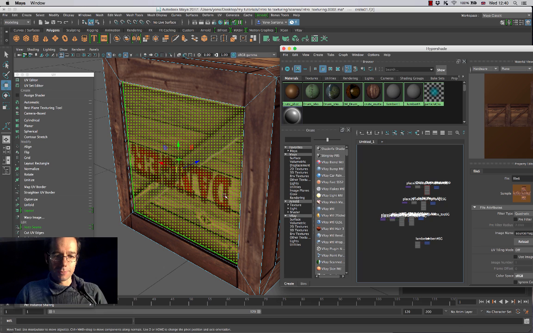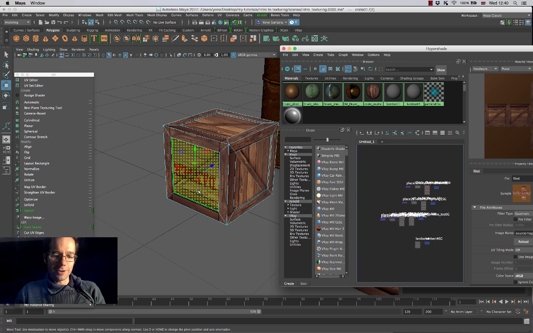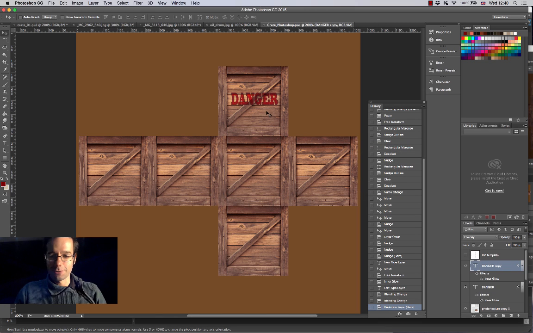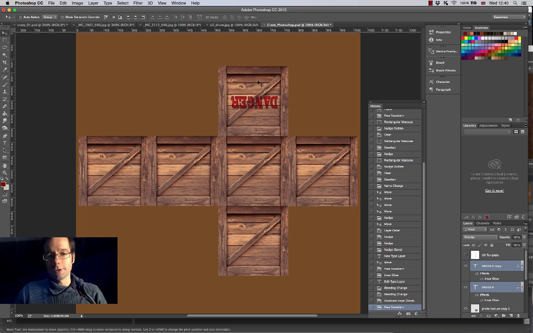Now, importantly, my text has appeared upside down, as you can see over here. But that's easy to fix, because back in Photoshop, I can come over here, take these two layers, press Ctrl T, and using Shift and rotate like that, I can rotate it around 90 degrees, and actually I can reposition it a little bit higher like that. And then I press enter like that, because this face is actually